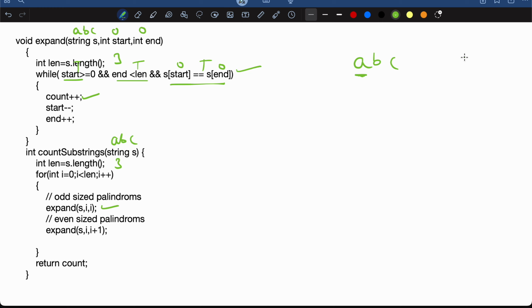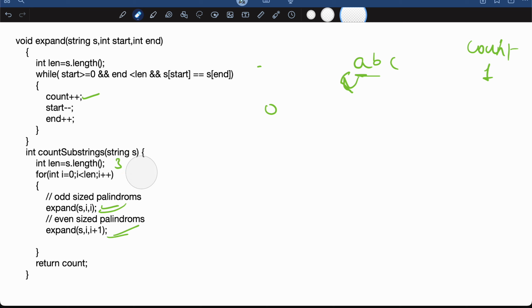We'll increase our count, which was initially 0. It has become 1 now. Then start will move here and it will go out of bounds, and control will come here again, and we'll call for the even size for AB. They are not equal, so we'll simply return straight away from expand without even going into the while, and we'll come here. Our first iteration is completed. That is the 0th iteration. We'll clean it for the next iteration,